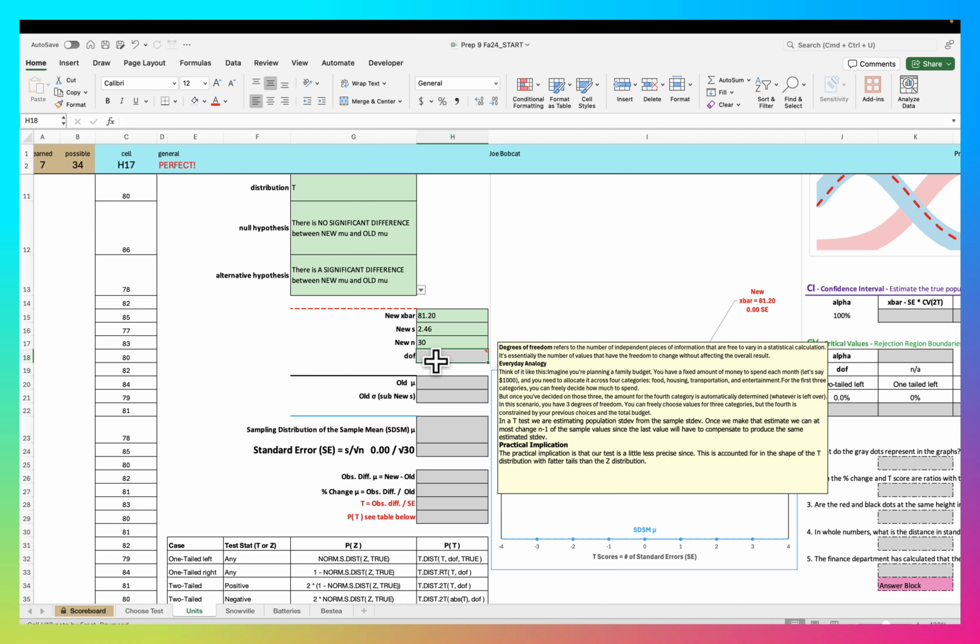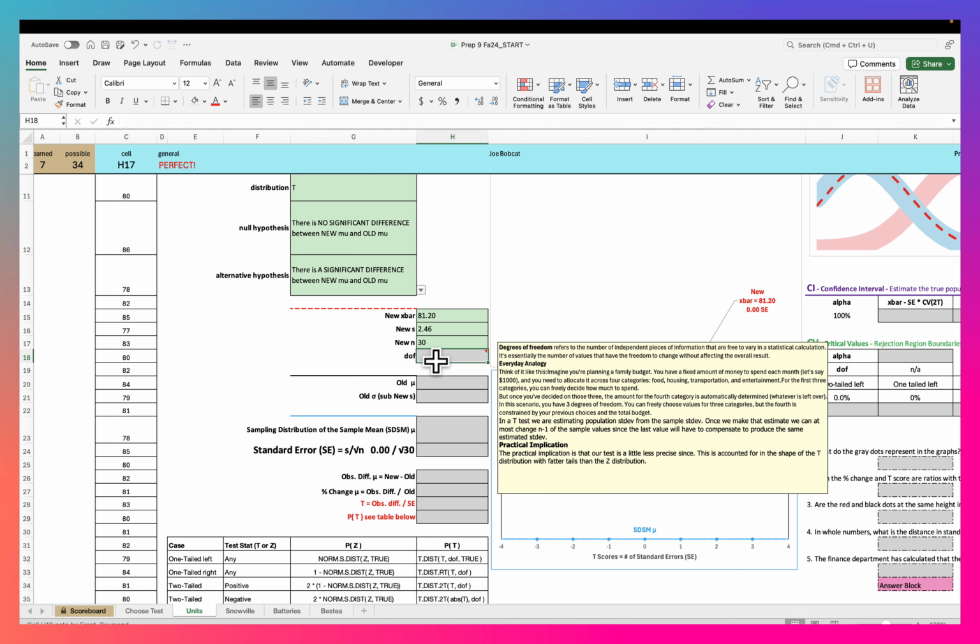Think of it like this. Imagine you're planning a family budget. You have a fixed amount of money to spend each month, let's say $1,000, and you need to allocate it across 4 categories: food, housing, transportation, and entertainment. For the first 3 categories, you can freely decide how much to spend. But once you've decided on those 3, the amount for the 4th category is automatically determined. In other words, whatever is left over. In this scenario, you have 3 degrees of freedom. You can freely choose values for 3 categories, but the 4th is constrained by your previous choices in the total